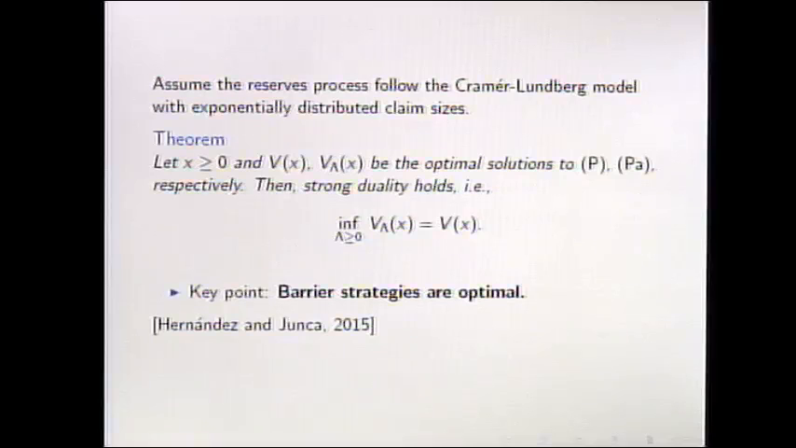So that's the Cramér-Lundberg model. And we were able to prove that there is no duality gap. In fact, the value of our problem is just the infimum over all Lagrange multipliers of this auxiliary problem. And the key point there was the simple strategy that Daniel was talking about earlier. So we have that barrier strategies are optimal for this problem. So we thought that maybe in a more general context we also have barrier strategies, and that's the context